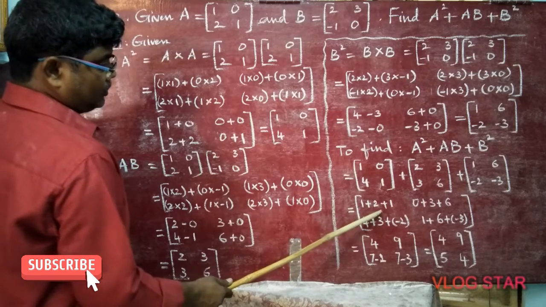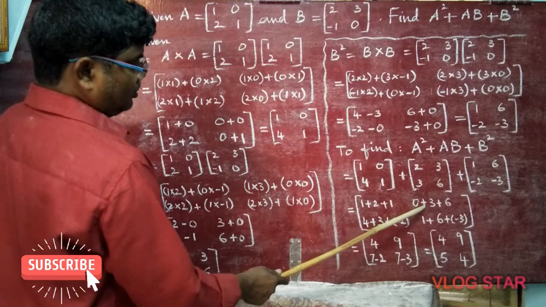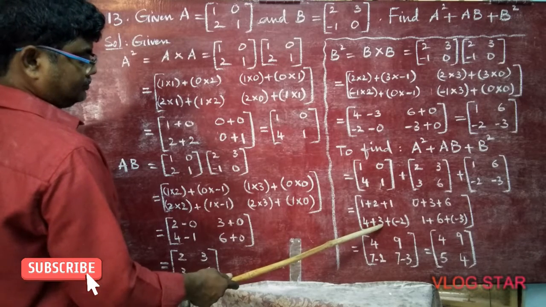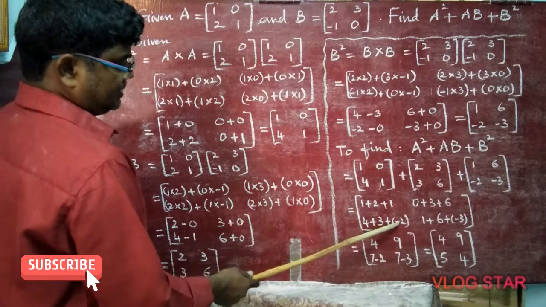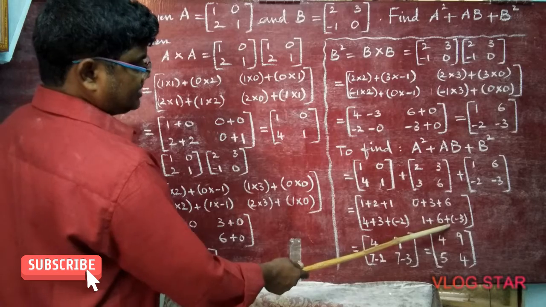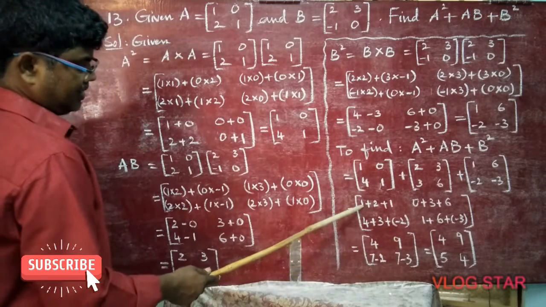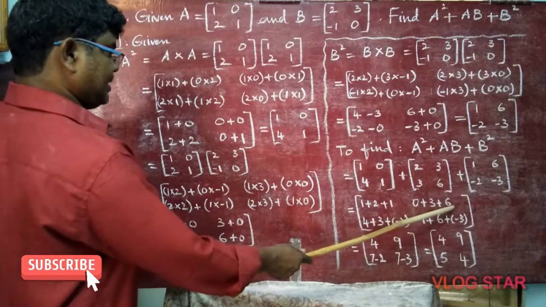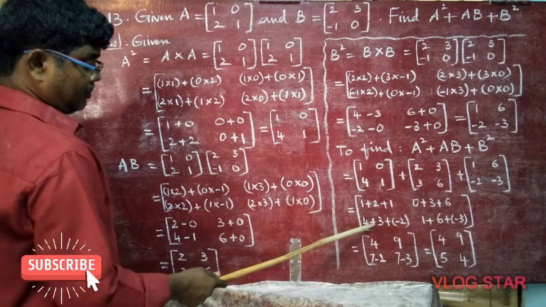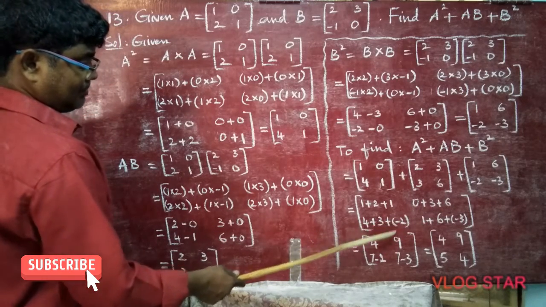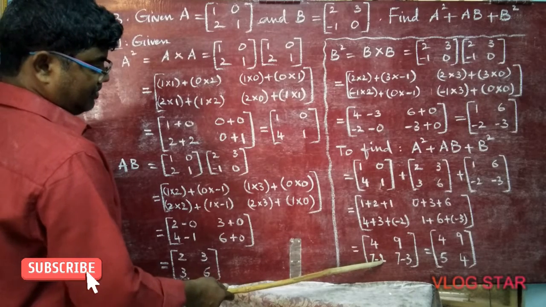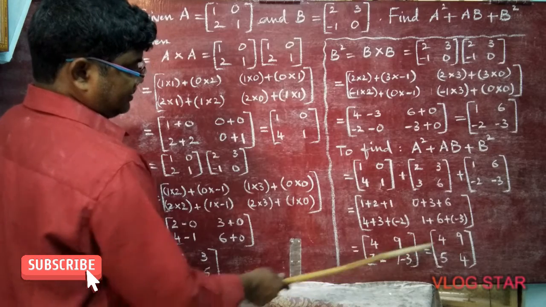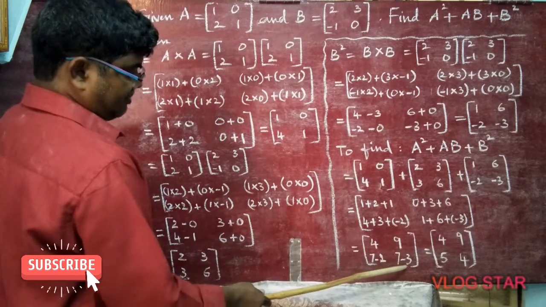So 1 plus 2 plus 1, 0 plus 3 plus 6, 4 plus 3 plus of minus 2. Next 1 plus 6 plus of minus 3. Now you are simplifying. 1 plus 2 is 3, 3 plus 1 is 4, 0 plus 3 is 3, 3 plus 6 is 9, 4 plus 3 is 7, 7 plus into minus minus 2, so 7 minus 2. Still we have to simplify. 1 plus 6 is 7, 7 you have written, plus into minus minus 3, so 7 minus 3.